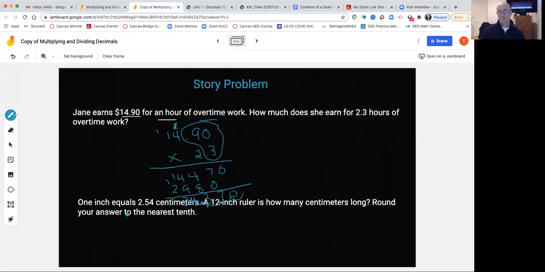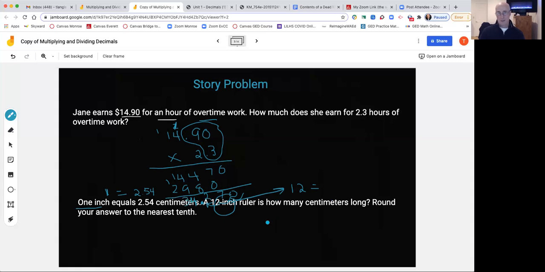All right, next example: 1 inch is 2.54 centimeters. A 12-inch ruler is how many centimeters long? Well, if 1 equals 2.54, see how I'm modeling this for you? I'm writing the numbers on my page here. One of them equals that. I've got 12 equals how many centimeters? Can you guess what you're going to do? It's a 12-inch ruler here. This is my number, that's where 12 came from. And I'm going to multiply it by